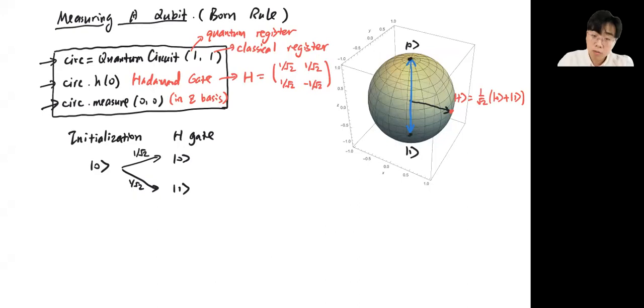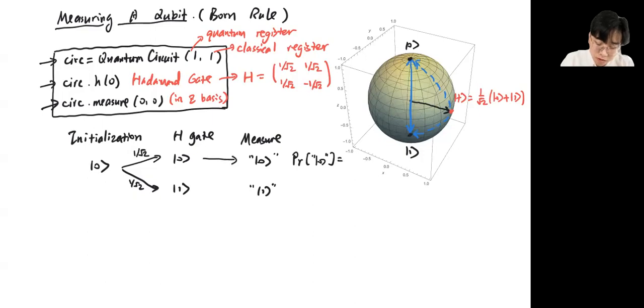So with some probability, the quantum state will be projected to 0, and some other probability it will be projected to 1. So we say the measurement outcome could either be 0 or 1,